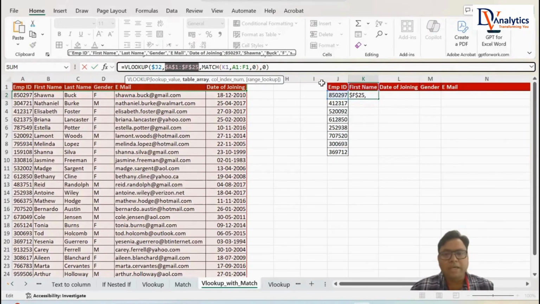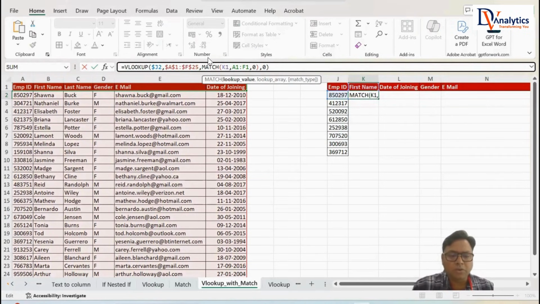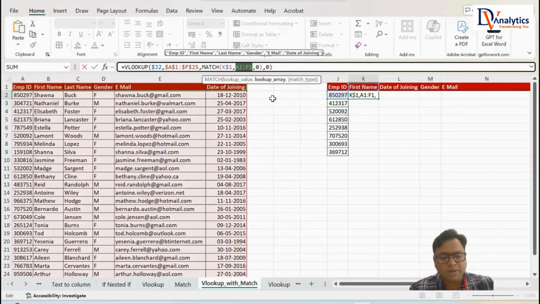Rows and columns. Now, when you drag it, match of what? K1 to L1 to M1, what is going to fix here? Row 1, absolute reference by row. And your lookup array will never change. Function F4, absolute reference by rows and columns. Now,